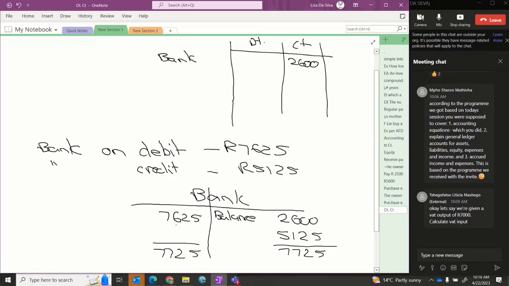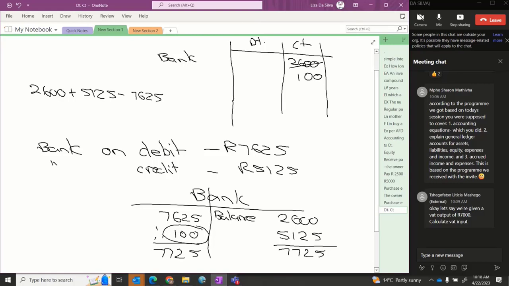7,725 minus 7,625. What is that now? 100 Rand. Yeah. So actually, the balance that should go to your trial balance, according to the adjustment now, is 100 Rand. So that 2,600, you actually have to change to 100. But just to see it like that, you'll never know. You'll see some of the transactions they write like this. They'll say 2,600 plus 5,125 minus